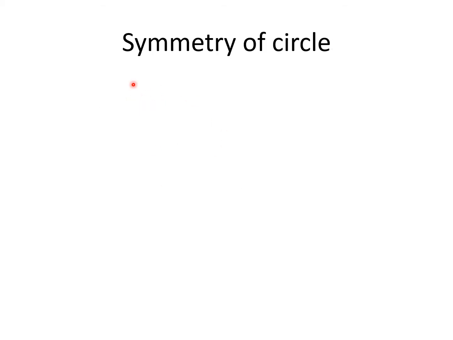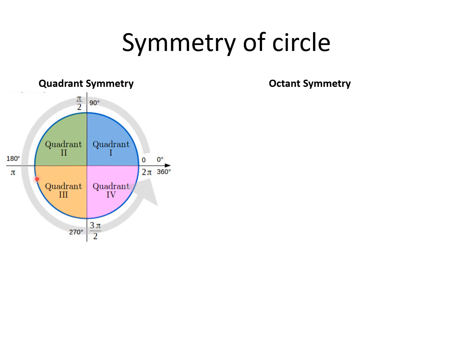Important property of a circle is the symmetrical nature of a circle. There are two symmetries. One is quadrant and the other is octant symmetry. In the quadrant symmetry, the circle is divided into 4 equal parts. And the most helpful aspect of the symmetrical nature is if we calculate a point in one of the quadrants, like x, y over here, then we can get 3 more points by simply putting an appropriate sign in the coordinates, like we get minus x, y, minus x, minus y in the third quadrant and x, minus y in the fourth quadrant.